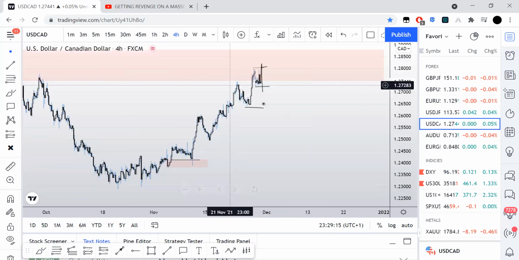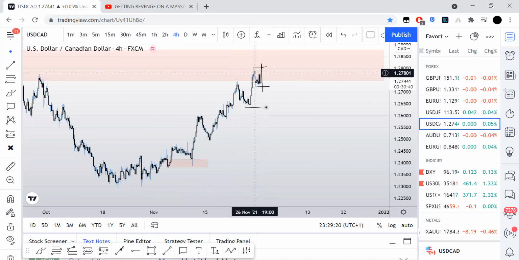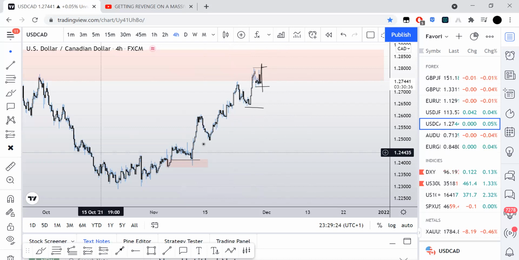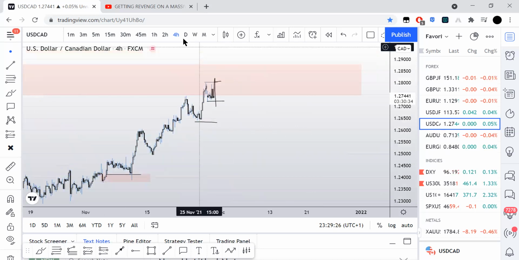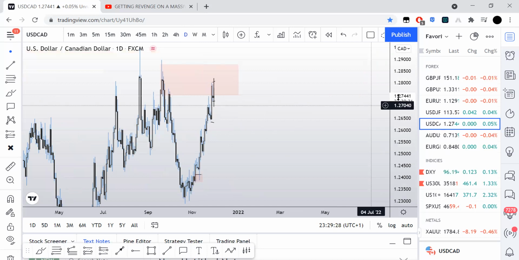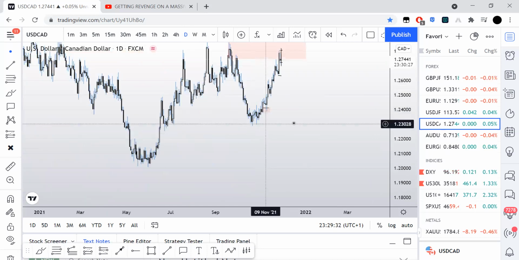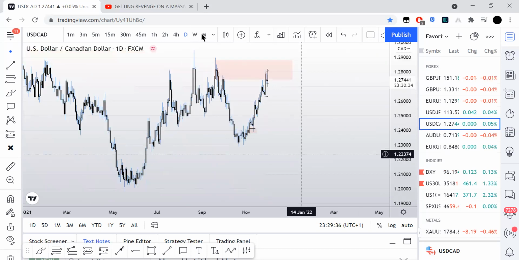And we have our start of the sell model right here, and then you know reaccumulation, boom, right. So you can see, yeah, that could possibly happen, and then maybe take out this right here, and then come lower, and then maybe go higher. Because if you look at the monthly,